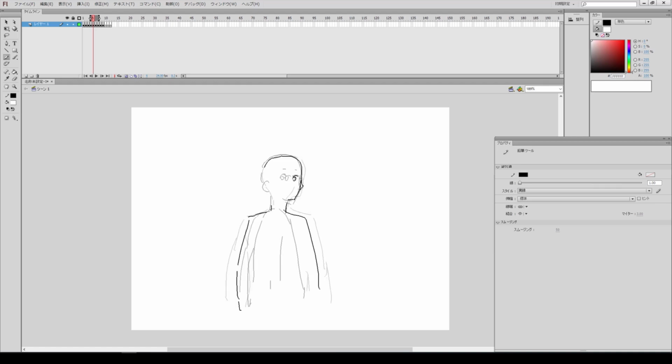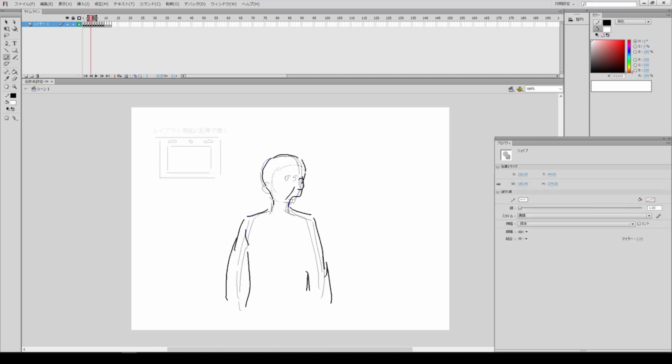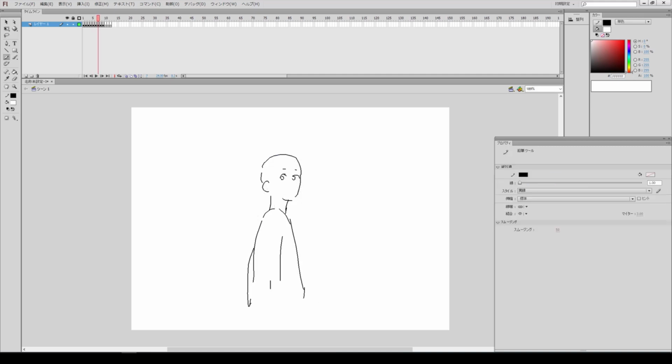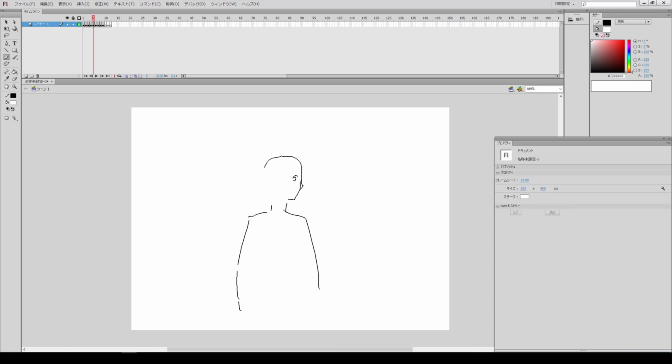It's a method of having someone else create the action of turning around. It's a division of labor, not drawing it yourselves. By dividing the in-betweens, the entire movement is completed. This is the American-style production method called pose-to-pose.